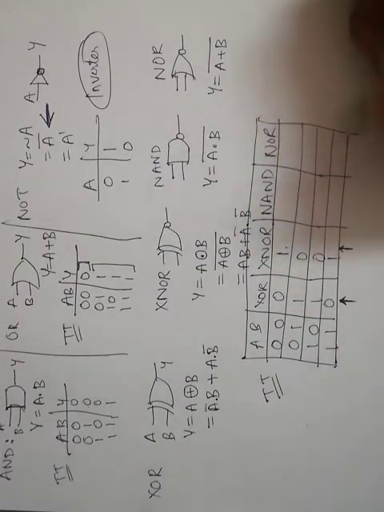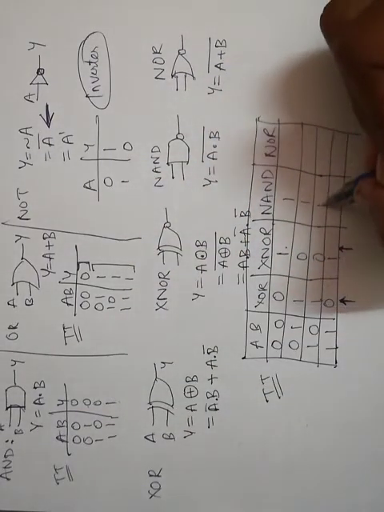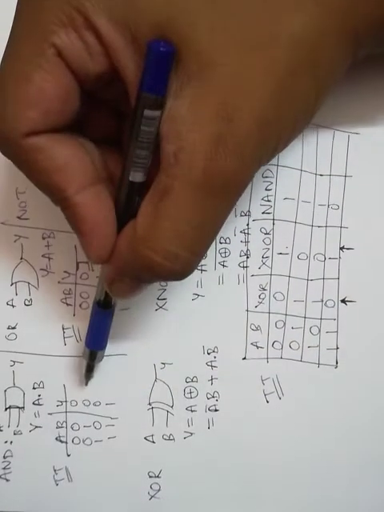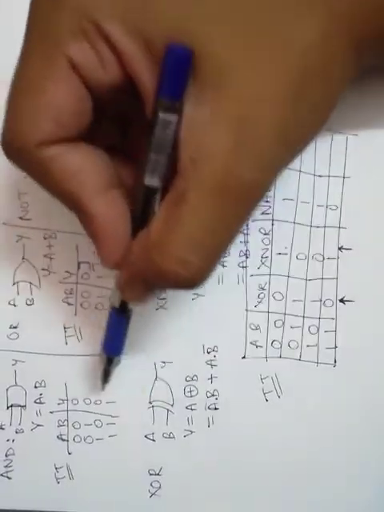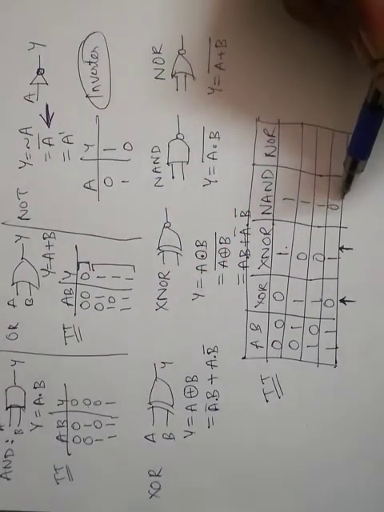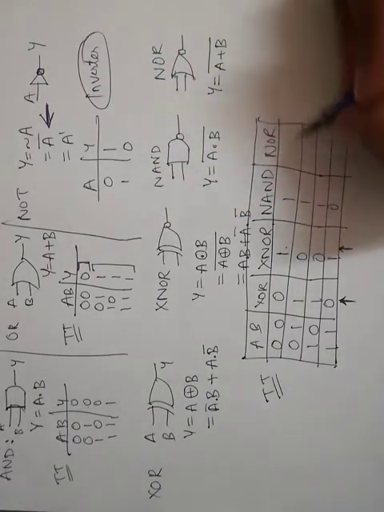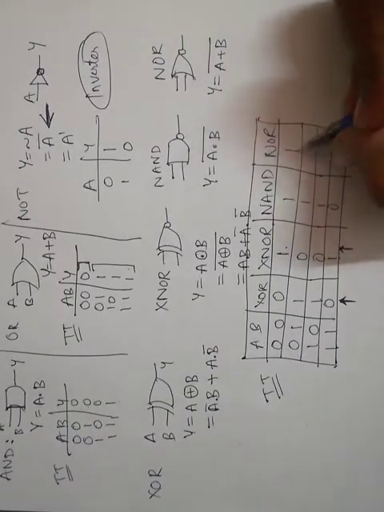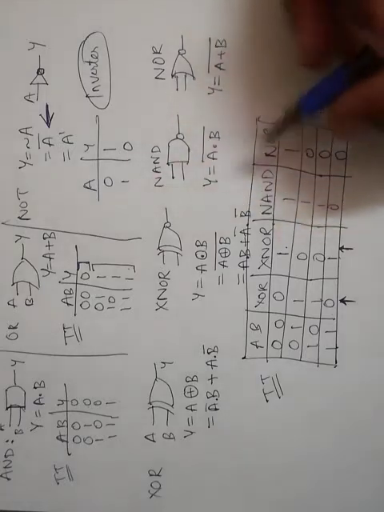NAND is the opposite of AND. Either we can write the opposite values of this as 1 1 1 0, or we can remember the opposite definition of AND. The AND definition is if both the inputs are 1, output is 1. For NAND, if both the inputs are 1, output is 0. Opposite for other combinations. Same way, we can refer to this and write for NOR as 1 0 0 0, or we can use the definition for NOR.